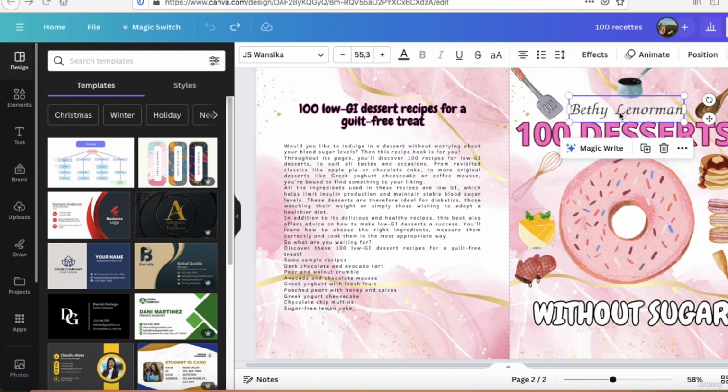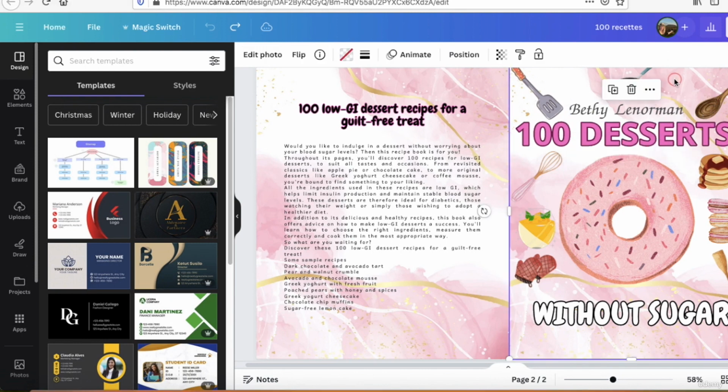For the author name Betty Lenormand, I choose randomly this name. I don't have any strategy regarding pen names. And just to warn you, I will not use the same pen name when I publish the book. In the next session with you, I will publish the book on Amazon KDP. I will use a different pen name at the last moment, because I saw that after my previous classes, some